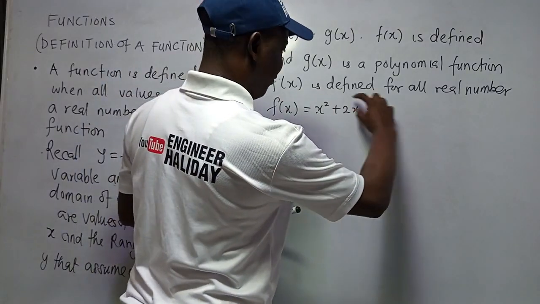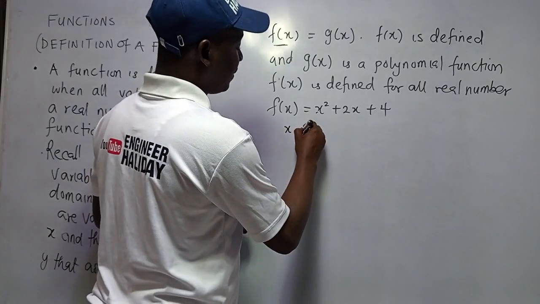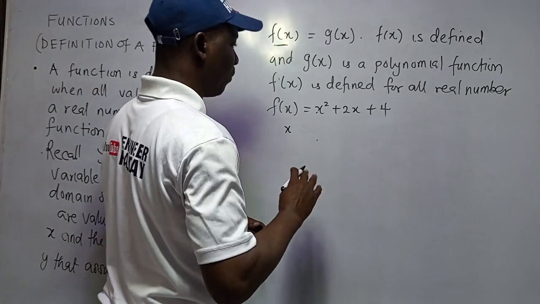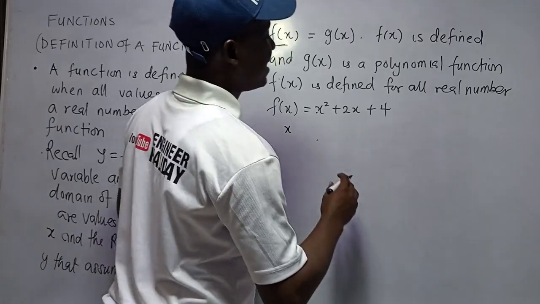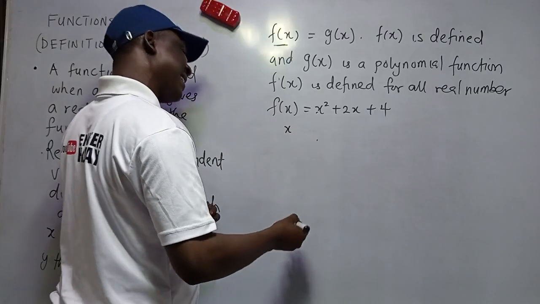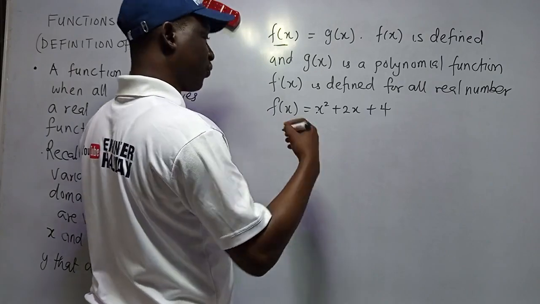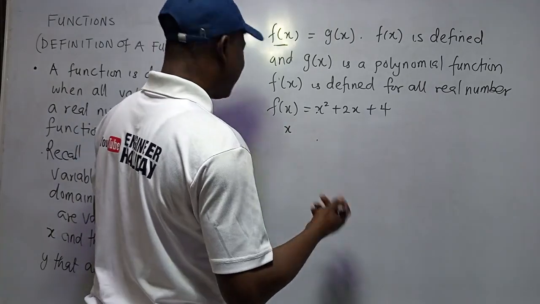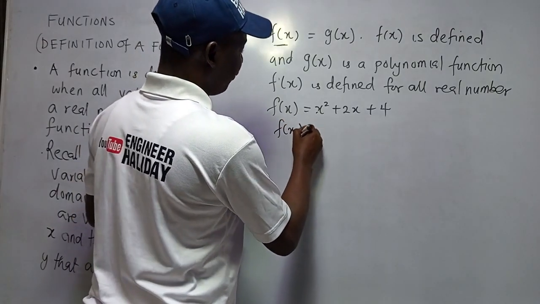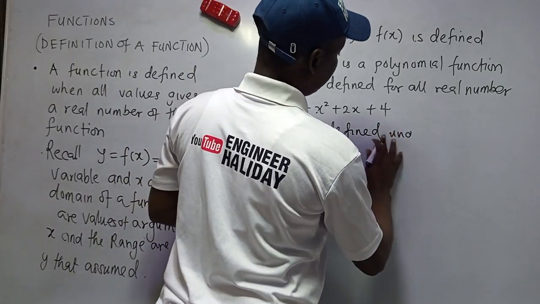If this function must be defined, it means that x can take any number at all, in as much as that number is a real number. x can take 100, x can take 50, x can take -2, it can take -1 million, -400, -10, it can take any value. So that means that the function f is defined